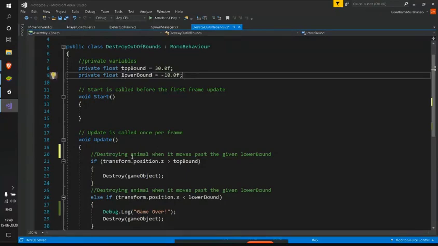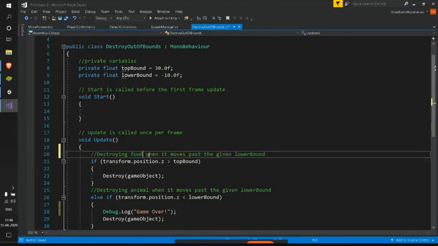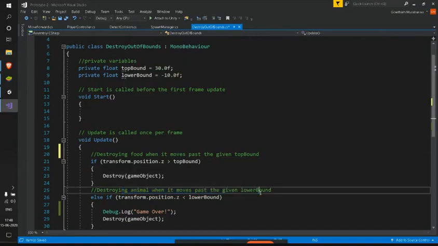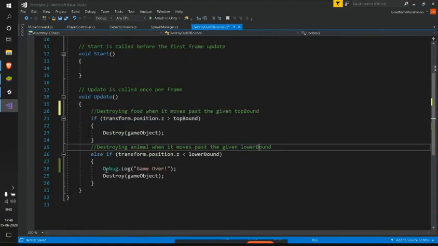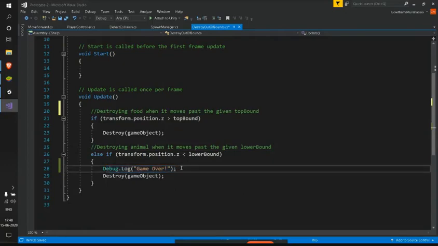Here, what we are doing is we are destroying food when it moves past the given top bound, whereas here we are destroying animal when it moves past the lower bound. And in this way, this is the game over also, which we are defining by using the debug.log. So my code is clean.